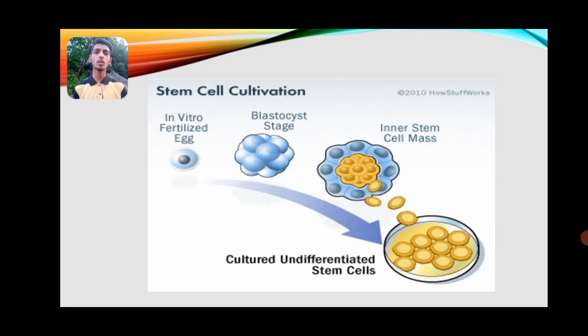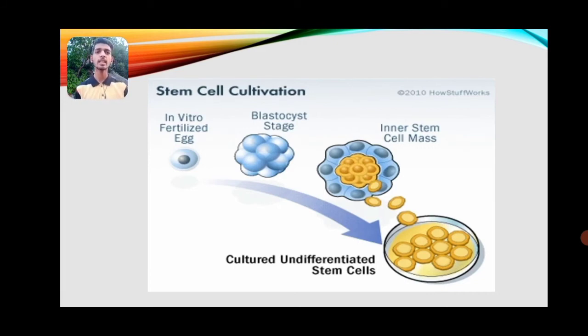in which a group of cells is concentrated toward one end, and at the other end a cavity is formed, which is known as the blastocoel, with a continuous circle of cells around it. This is surrounded by the trophoblast layer, and the inner cell mass is concentrated at one end, and the cavity is formed at the opposite end. This is the blastocyst formation, and these are the undifferentiated stem cells.